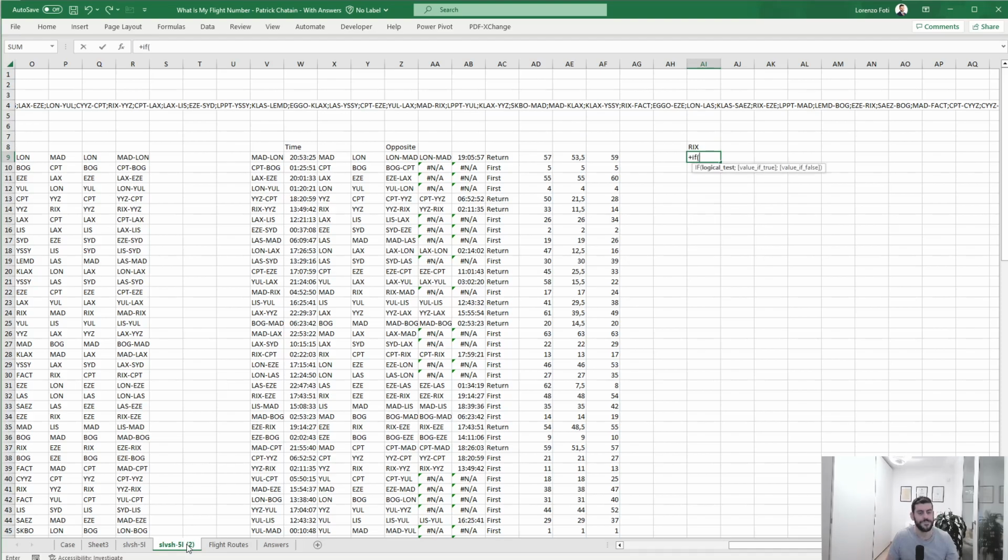If this is not this, then 0, otherwise that's RIX. If mod this 3 equals 0,